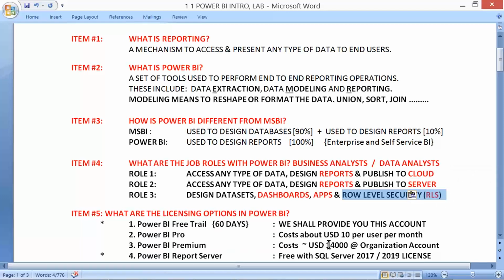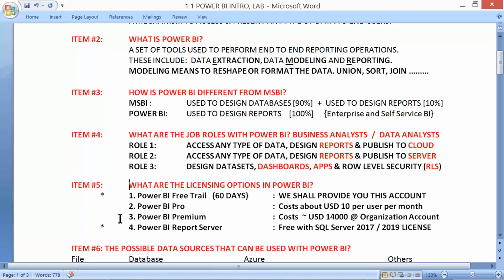And in our course, we need to come across different licensing options. For a free trial, that generally requires your corporate account. Personal accounts will not work, so we'll be providing you access for this account for 60 days from the date of registration.